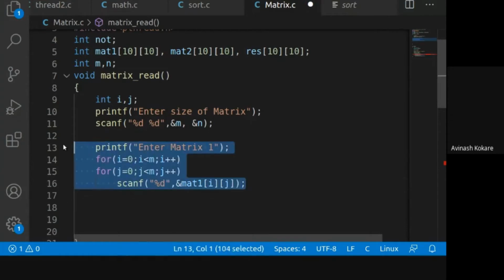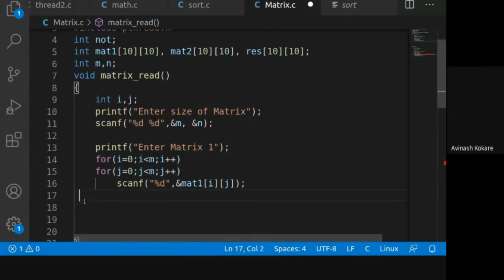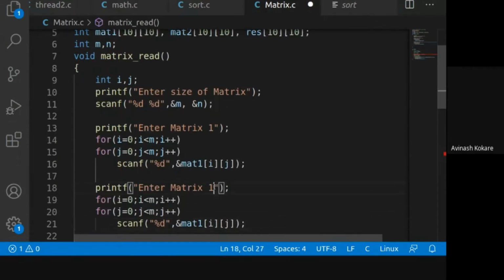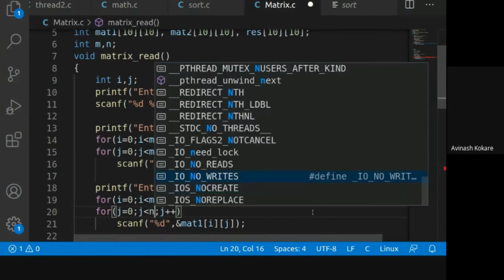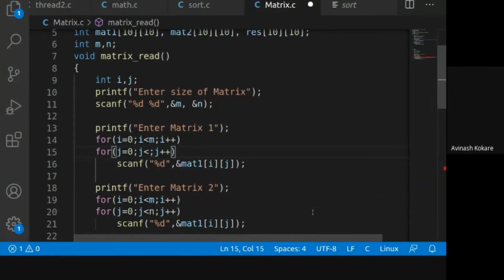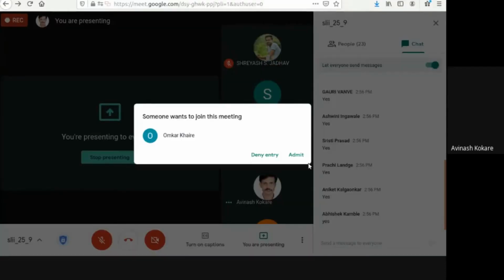So same we will copy and paste for the second matrix. Only we will change the values here. Matrix 2. This should be changed, j less than n. In this loop also, I think you are not paying attention. Otherwise, you would have told this mistake of mine. I had written for row as well as column as m. Okay, no problem. And here we should change it to matrix 2. So is it right? Let me check whether